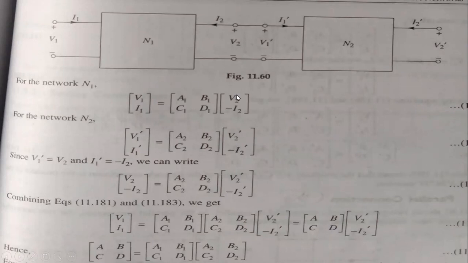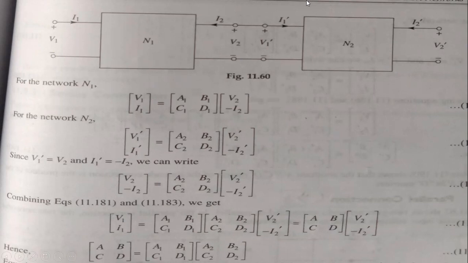If you take only two networks, here we have taken the example of only two networks which are connected in cascade form, and ultimately they show the final result in the form of ABCD, because of the transmission connections. If you observe these two networks, you will find two sources: V1 and V2.